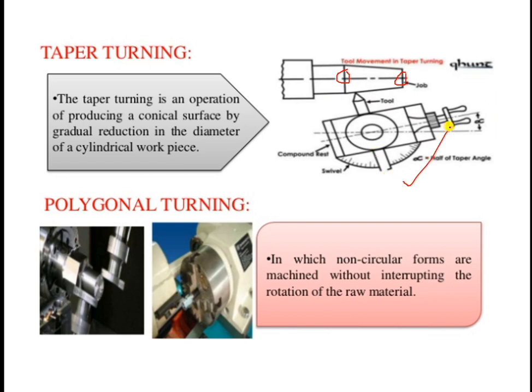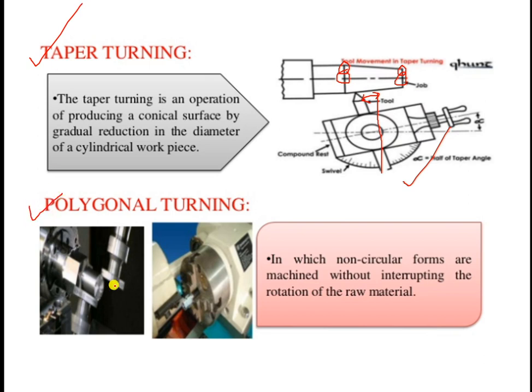Or you can swivel the compound rest. Now what do you mean by compound rest? What do you mean by the cross slide? We have already seen that in our last video. So the swiveling of the compound rest at a particular angle will be done. That angle will depend upon the diameter available here and the diameter available at this location. Depending on that, with the help of mathematical calculations, or the trigonometry of that figure, we can calculate the alpha angle, that is the taper angle, and we can shift this cutting tool with the help of this cross slide. This angle is known here, so that we can achieve this tapered surface. That is the taper turning process.